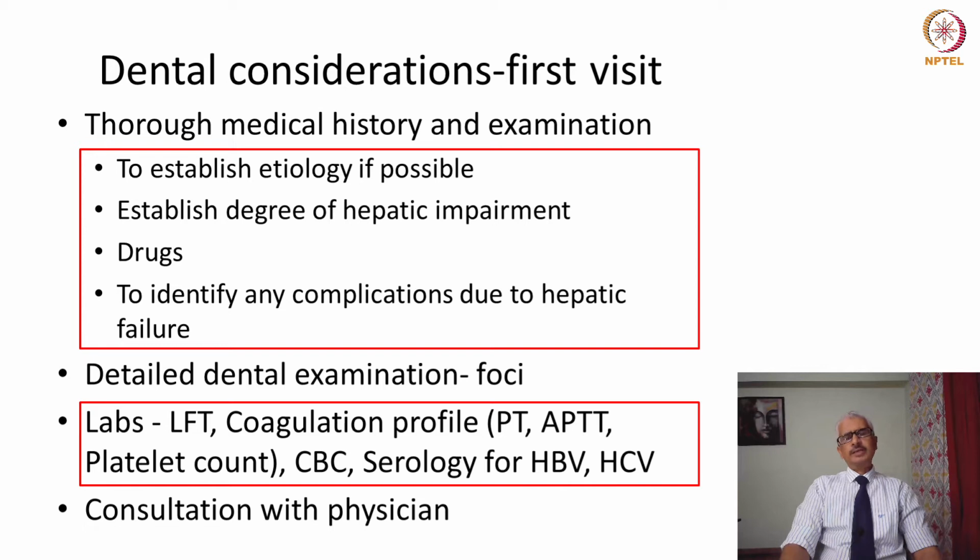We have discussed earlier that these patients may have increased susceptibility to infection, and therefore a detailed dental examination becomes very important. This is done from the point of identifying any present and future foci of infection. These foci of infection may later be a significant cause of morbidity and mortality due to spread of infection